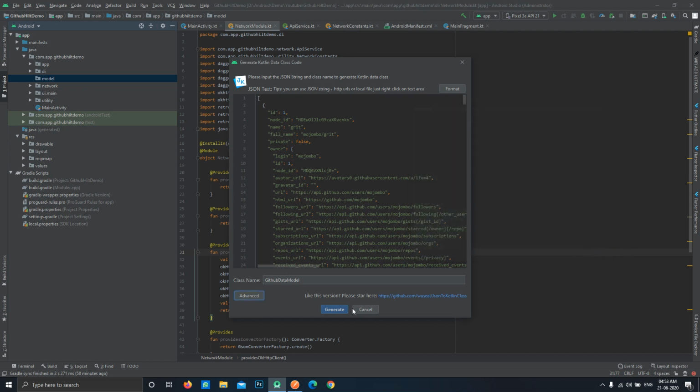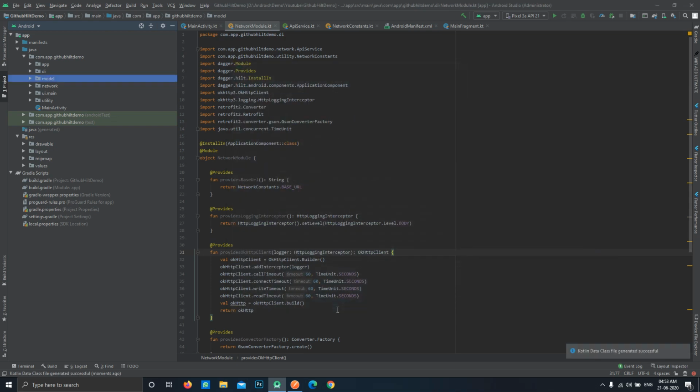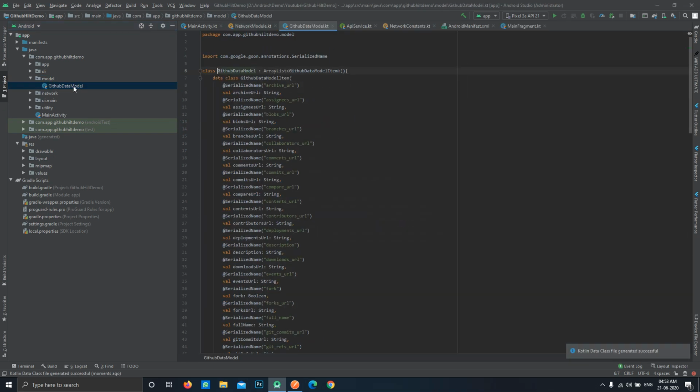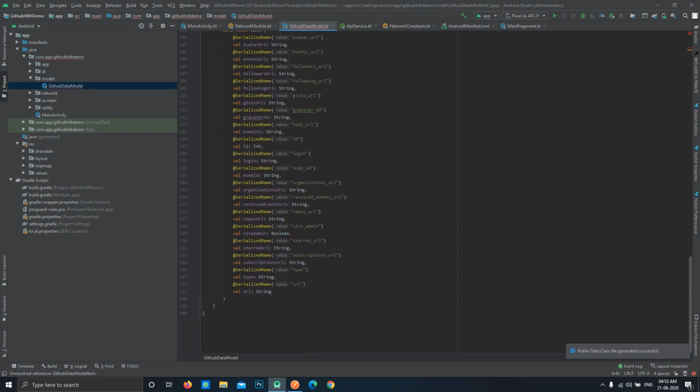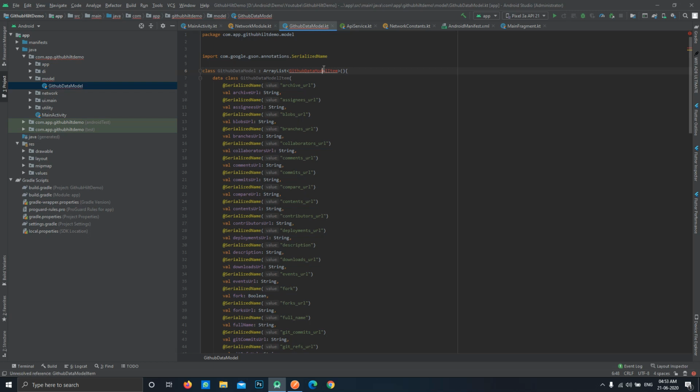So just press OK and click on generate, and in just split seconds it will generate the whole model class for us, as you can see over here. It is showing some error, so just press alt enter and you can easily fix that error. Basically you can see that it has created a class for us.